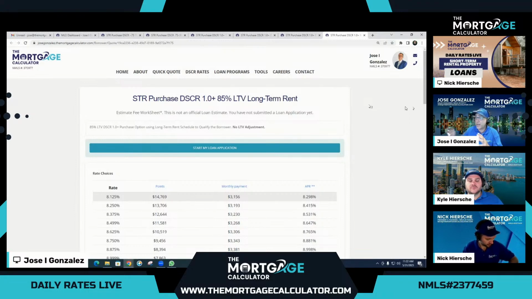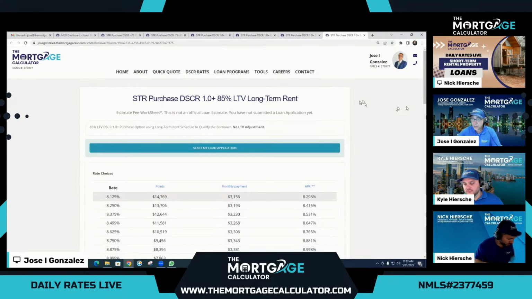We don't want to straight out go and put this as a short-term rental property, because he's probably buying a property that could be vacant or have a month-to-month tenant. So when we order the appraisal, there will be a 1007 market rent schedule also ordered with the appraisal. That's going to determine the monthly long-term rent estimate for that property. The fact that the property may be vacant or have a month-to-month tenant is not going to affect our LTV